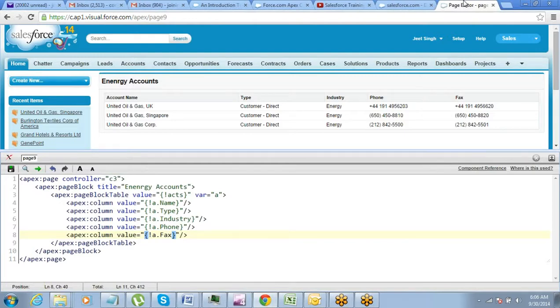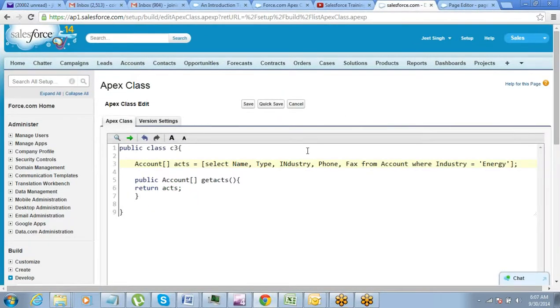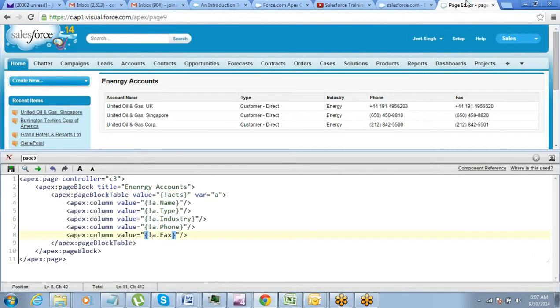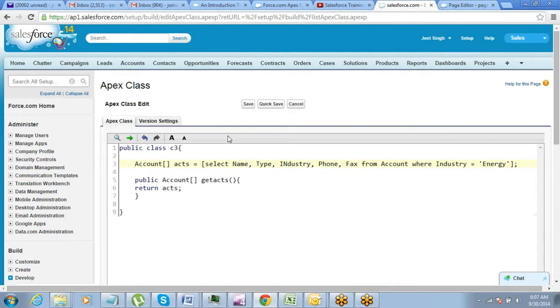How do we do a button action here? So let's say on this Visualforce page I want to have 3 buttons. One button should allow me to click on it to see a complete list of accounts. One button should show me accounts only where the type is customer direct. One button should show me accounts where the type is customer channel. Okay, 3 buttons I want to create. So let's go and create the class.